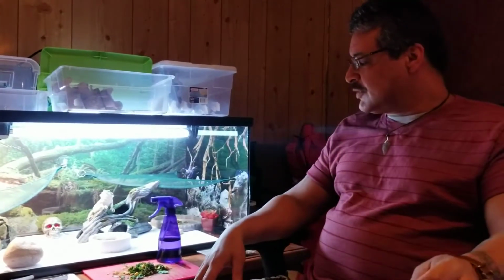For the vegetables, what are we cutting up for the vegetables? Spinach, mustard greens, collard greens, your typical greens, beet greens, stuff like that. Arugula. What we try to keep in mind when we're feeding the roaches is that the roaches are eating